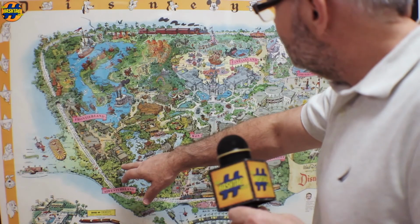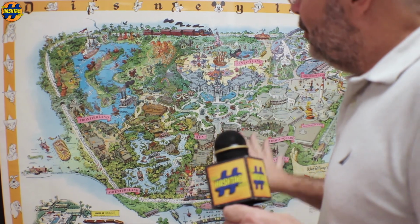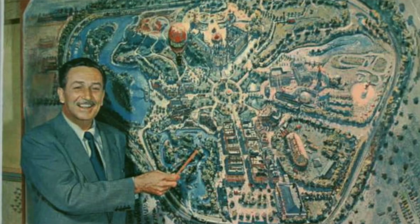It's a pretty cool map. That's awesome. Let's go check it out really quick. This is, I think, cool too. See, this is Haunted House, right? This is 1958, but they're planning. They made this map to plan what's going to happen, but they were already planning what became the Haunted Mansion